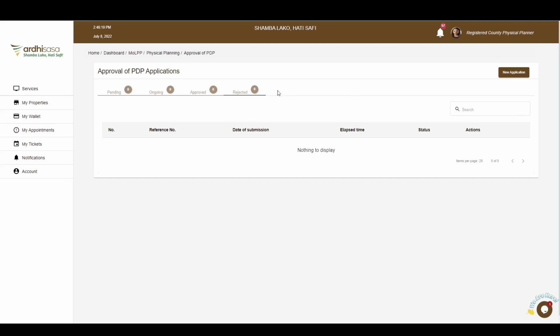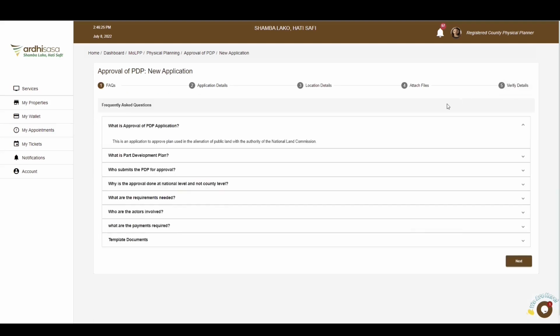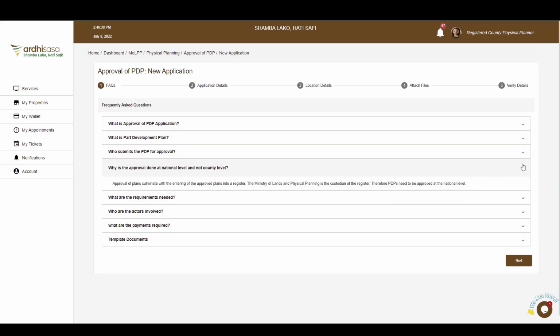For you to initiate this application, you will click on the New Application tab on the top right-hand corner. You'll then be navigated to a page with FAQs, which is the frequently asked questions related to this process. You can go ahead and click on any question of your choosing to get a comprehensive answer on the same. For instance, we have this question on why approval of PDPs is done at the national level, and the reason is because approval of plans culminates with the entering of the approved plans into a register. The Ministry of Lands and Physical Planning is the custodian of the register, and therefore, PDPs need to be approved